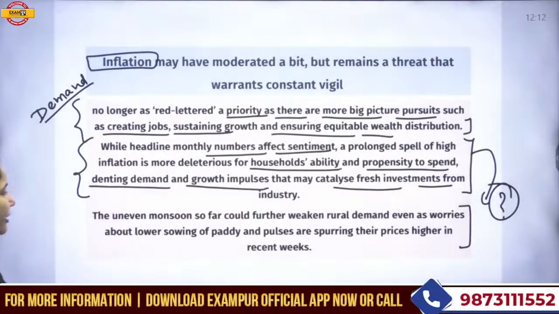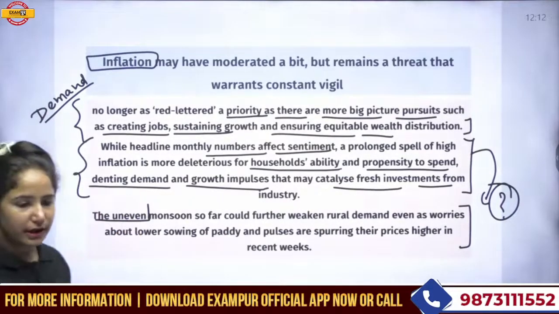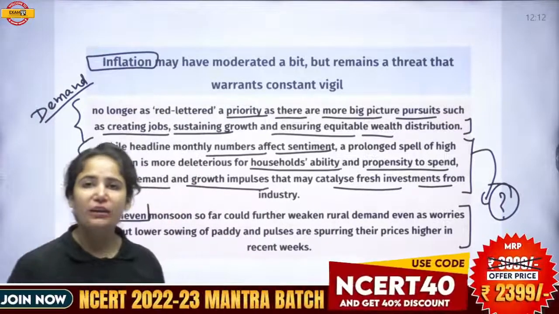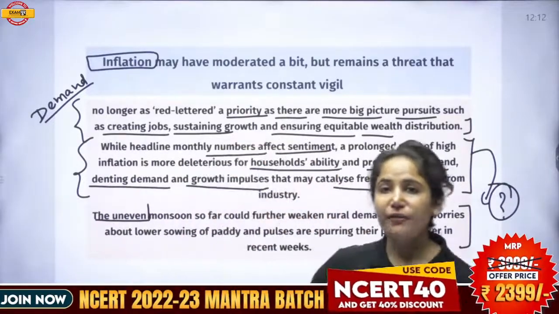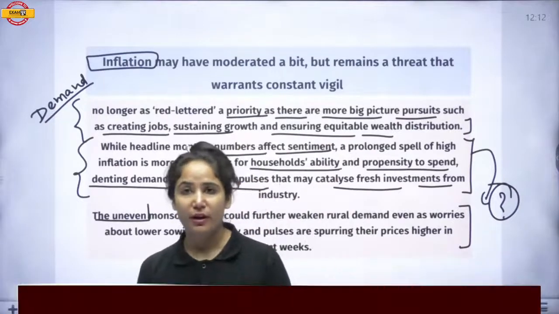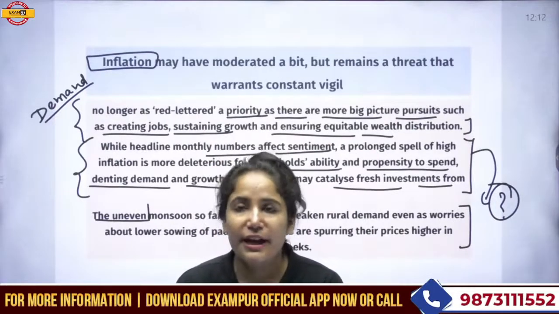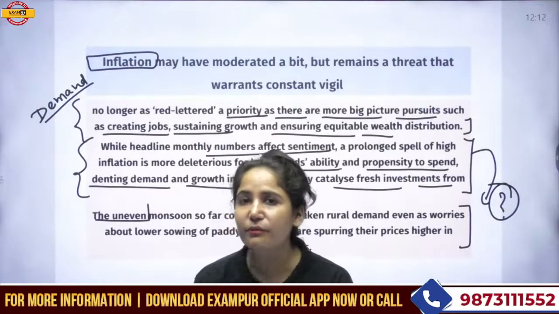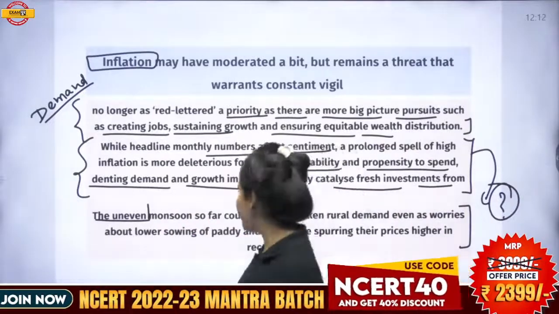This is the key point: uneven monsoon, as our economy is agrarian based. We know that our economy is totally agrarian based. If we are so dependent, approximately 55% of our area is still dependent on the rain-fed region. If we are talking about the rain-fed region, what do we mean by it? Uneven monsoon is there.